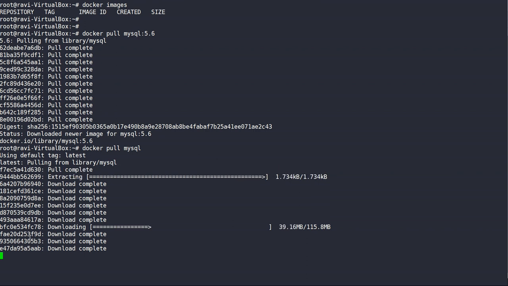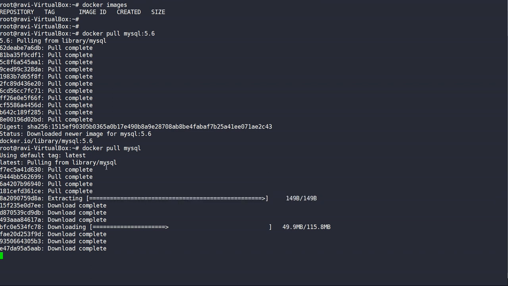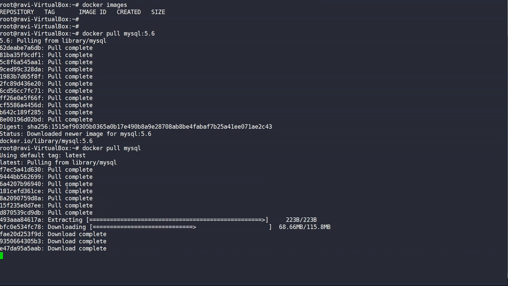These are the delta commits that were present while creating the MySQL latest image. Okay, let it download. Let's wait, it will take one or two minutes more.